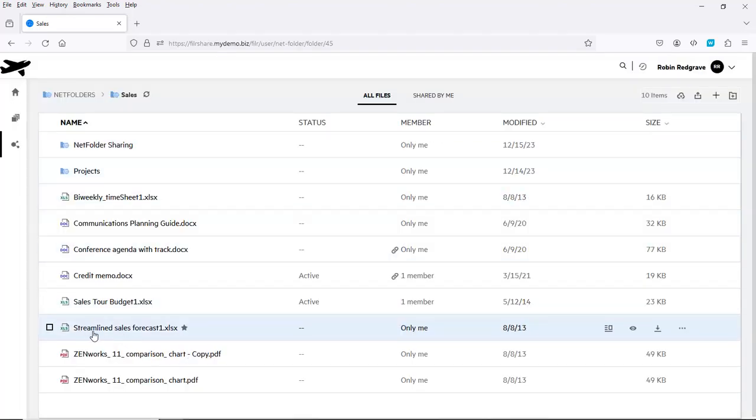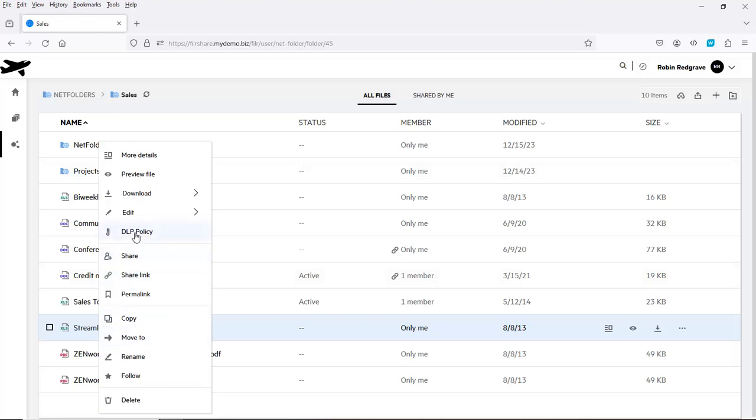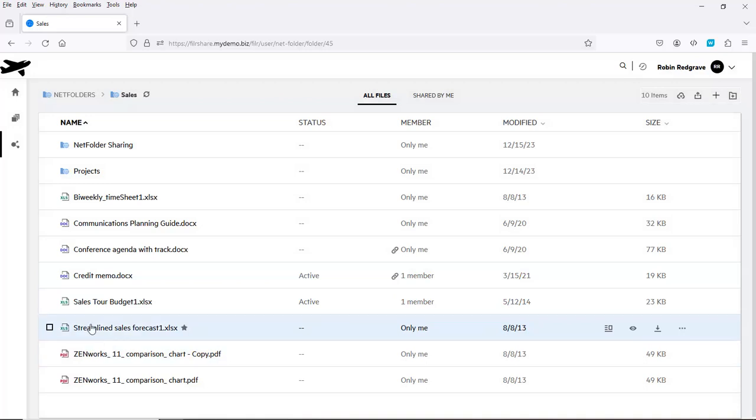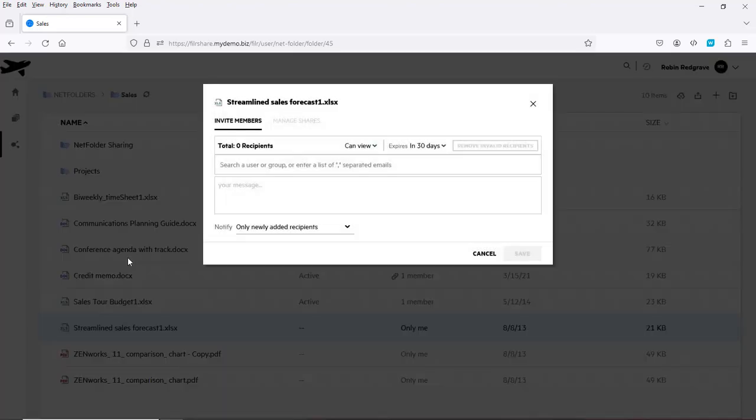However, on this file here, if that had some confidential information in, I didn't want to be shared externally, then I can just right click, and you can see, because I'm the workspace moderator, I've got this option for the DLP policy. So you can see here I've got an option to manage the DLP policy for this particular file, and if I just take the drop down, I can specify that policy that we had defined, and I can just apply that. So now if I try and share that file externally,